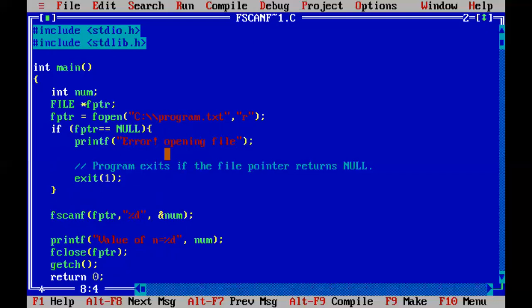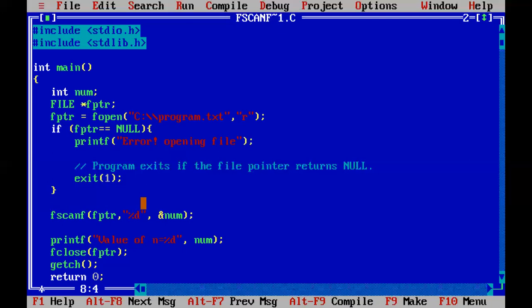Okay, this is a file. Whatever data is in this file, we can read by using fscanf. So in the previous case we have 55 in this file. That 55 will be read from the file by using fscanf and displayed on the screen by using printf. We are getting data from the file in this case. In the previous case we were writing data to the file. We have to observe that difference.